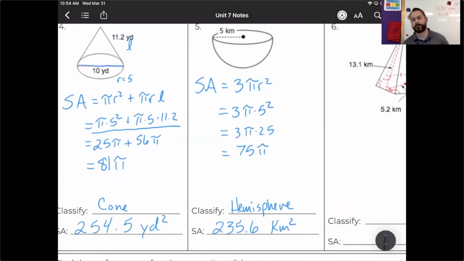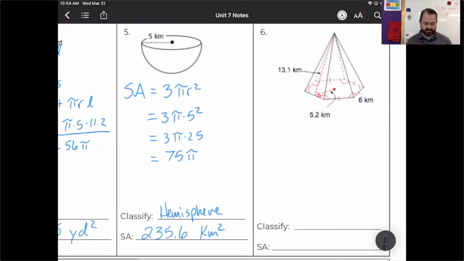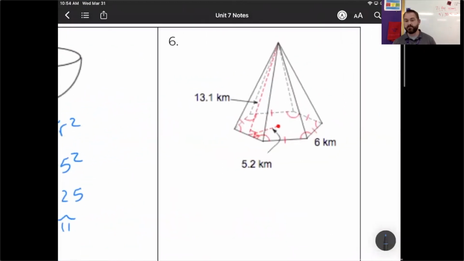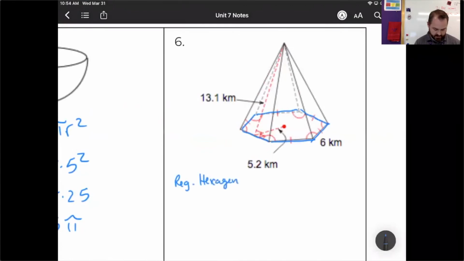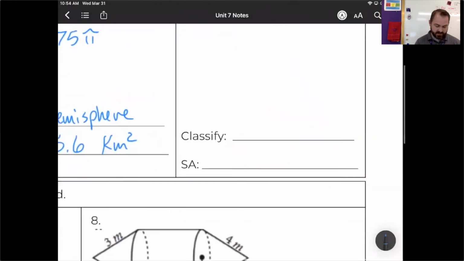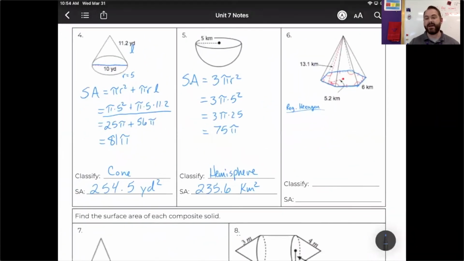Okay? All right, let's move right along to number 6. You'll recognize this is not a cone, not a sphere. This is a pyramid. The base of this pyramid has 6 sides, and they're all the same as each other. Otherwise, we probably couldn't do this problem, but they are the same. So the base of this is a regular hexagon. Okay? So we're going to classify this as a hexagonal pyramid. You can even abbreviate. Hexagonal